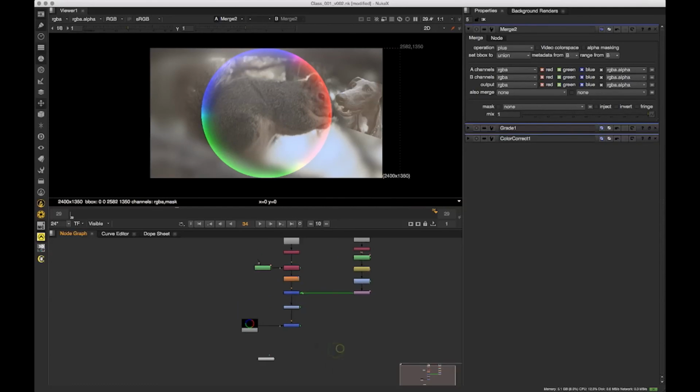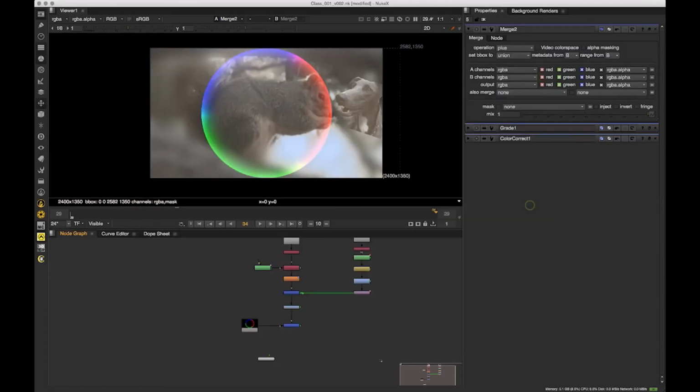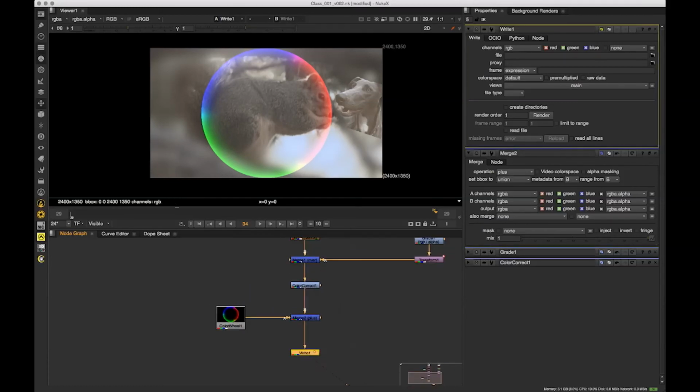And finally, if we want to render this image out, we can go back to this menu and create a write node, or press W. And it's going to bring up, oh, that's a read node. Let's go ahead and press W. And it's created a write node. If we append this write node to the bottom and tell it to write from this node,